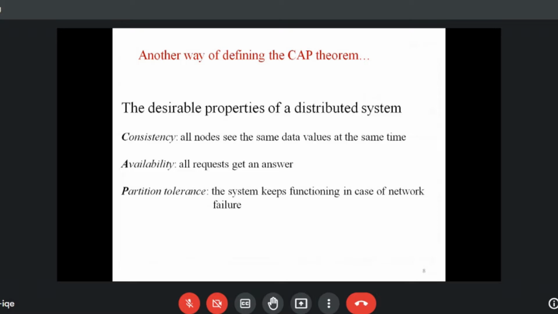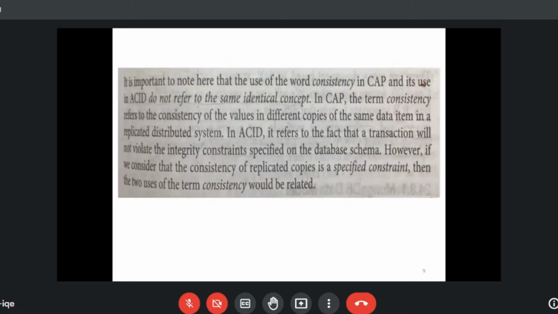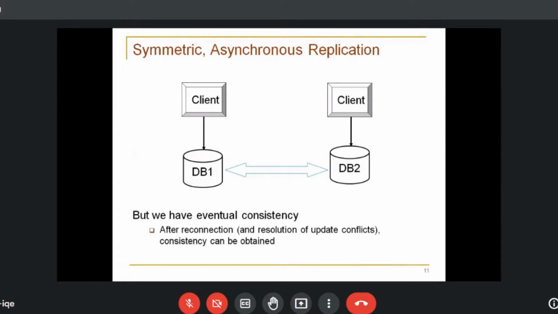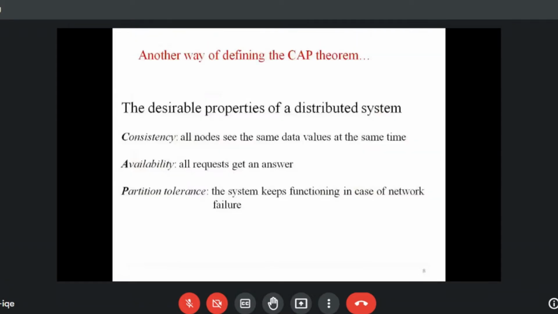All these should be, but in practice it is not possible to have all three, and we have to make some compromise. Based on relaxing one property, we have several solutions. Okay, so that solution I will show you